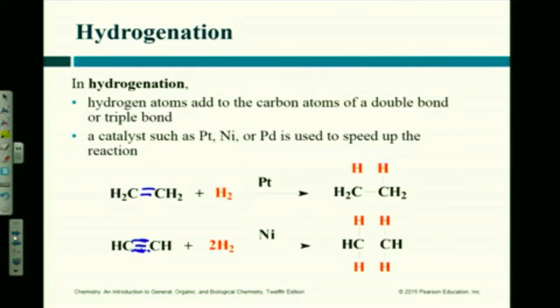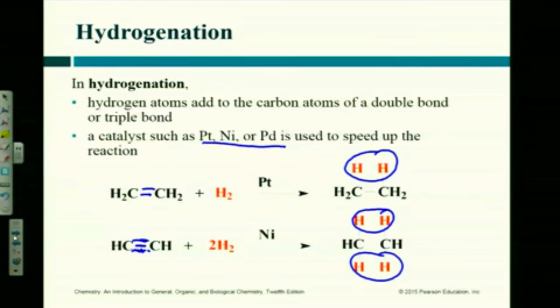Here we have an alkene, and here we have an alkyne. If I add hydrogen to this alkene, now you have to have a catalyst. I normally would just write platinum. It will make an alkane. I need twice as much hydrogen if I have an alkyne, because now I have to break and add 2 hydrogens to each side, and I still make an alkane. So here I'm adding these 2, here I'm adding 4 hydrogens.